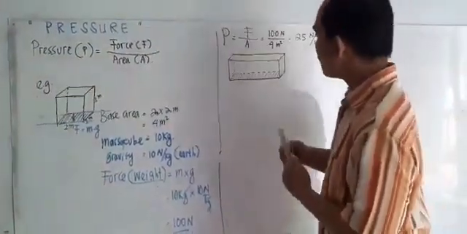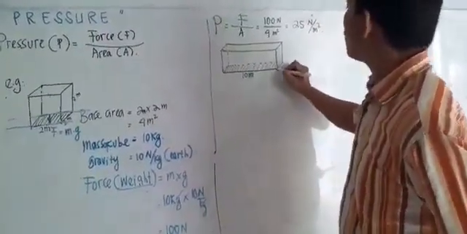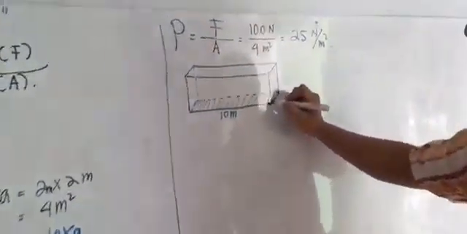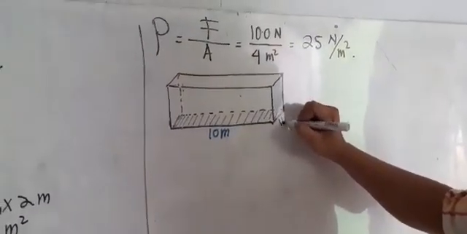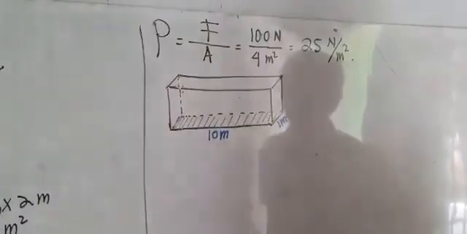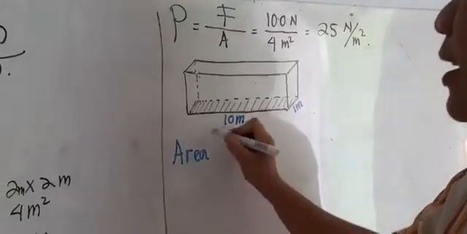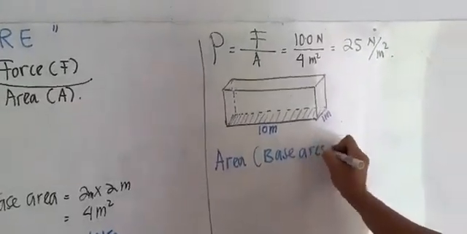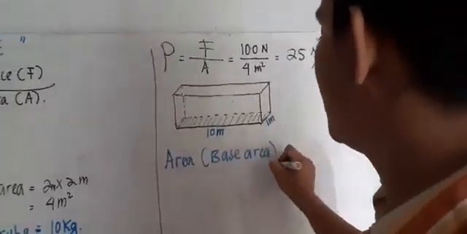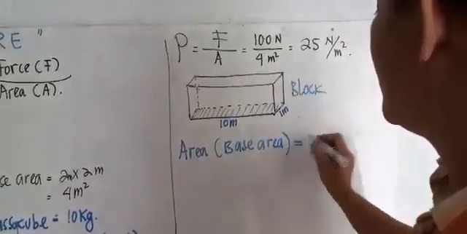So when the length of the object is, let's say, 10 meters, and the height and the width of the object are, let's say, 1 meter, we conclude that the base area of the block is equal to